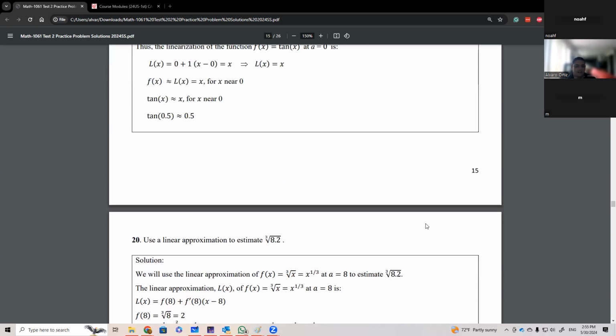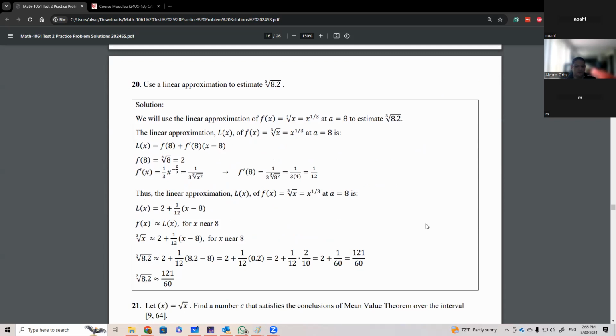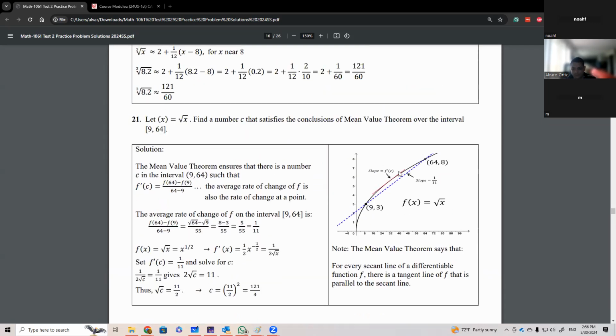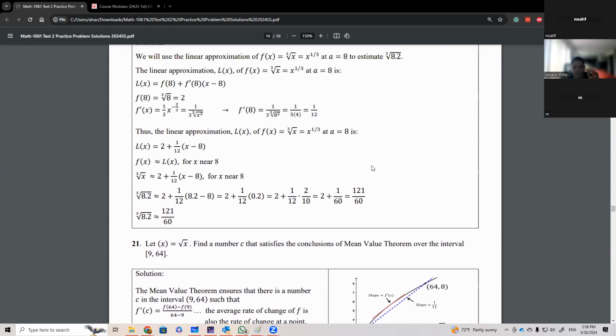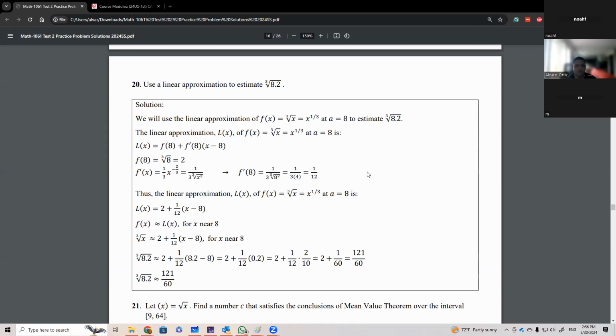So one of the last things that I'll address, just to jump around all the topics, is the linear approximation. Linear approximation is a type of estimate of a function, and what you gotta remember is that when you're estimating, you're using the tangent line to estimate the value of the function. Because when you're close, the values are so close, there's a little error between them, that you can make this estimation. So to be able to create a linear approximation, we first need to think of a function that relates to that.